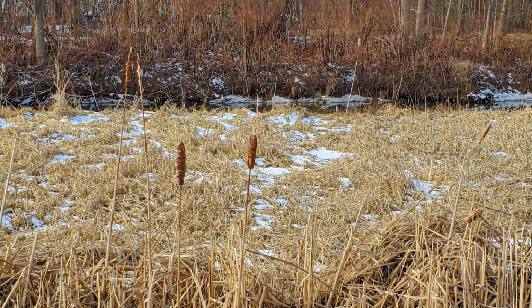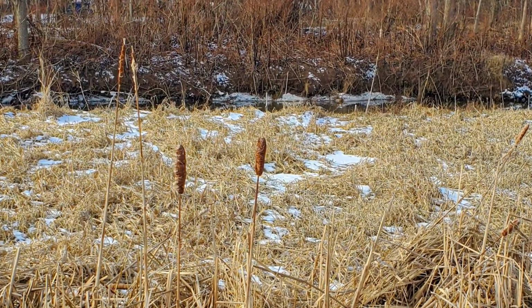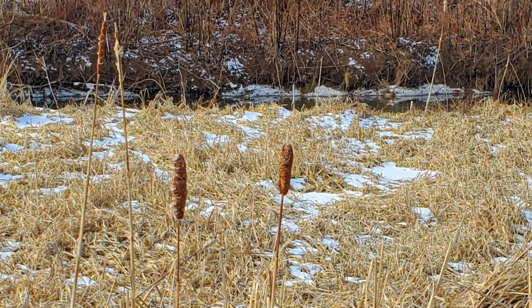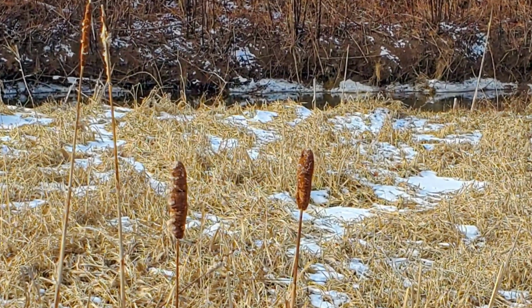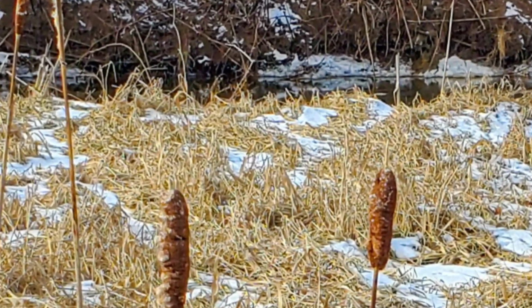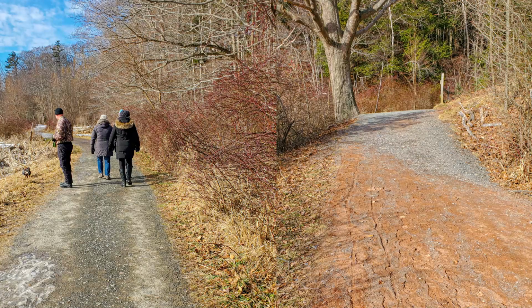Look at these cool cattails poking through the snow. Did you know cattails are more than just a pretty sight? They provide food and shelter for a variety of birds and insects, making them an important part of the marsh ecosystem. As I continued along the trail, which followed the river for a bit before winding around the frozen pond,